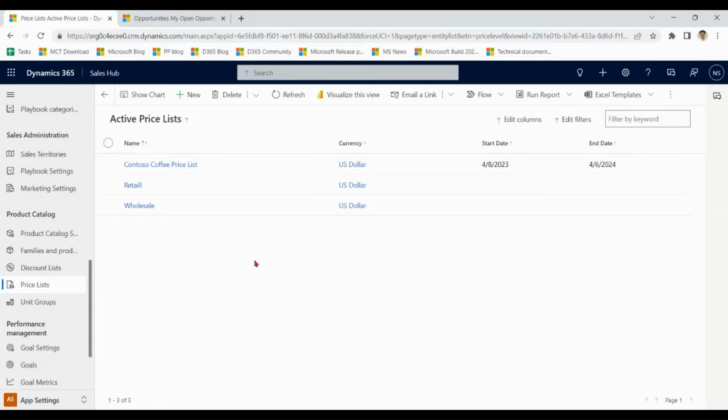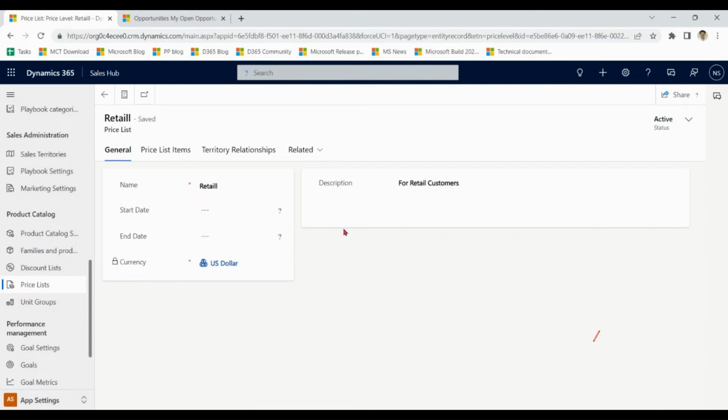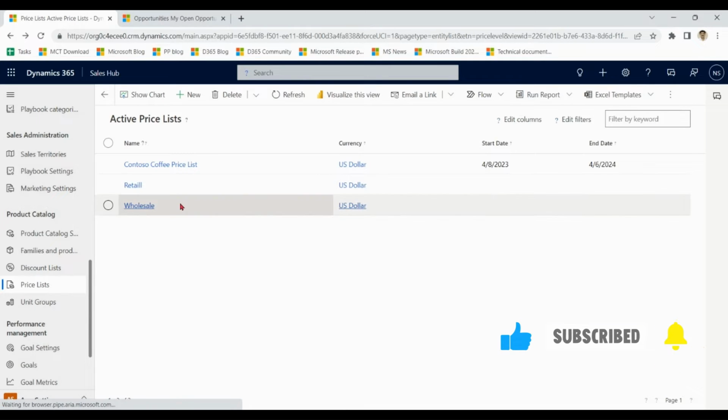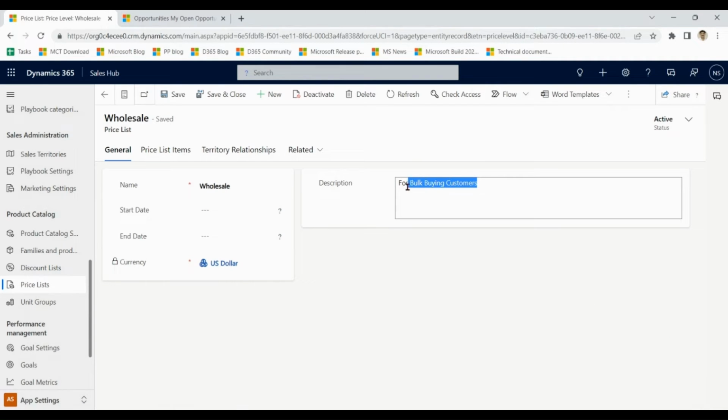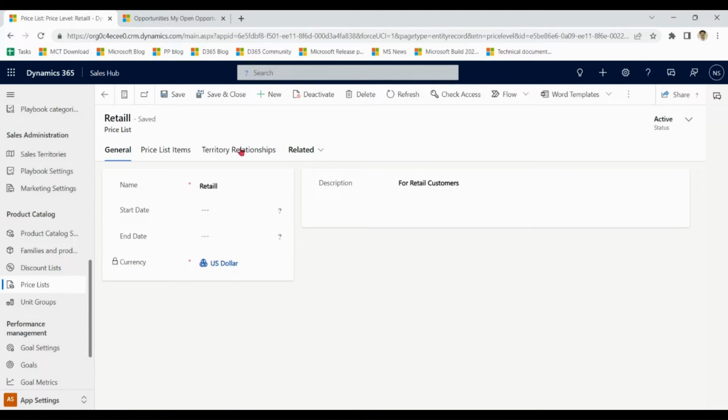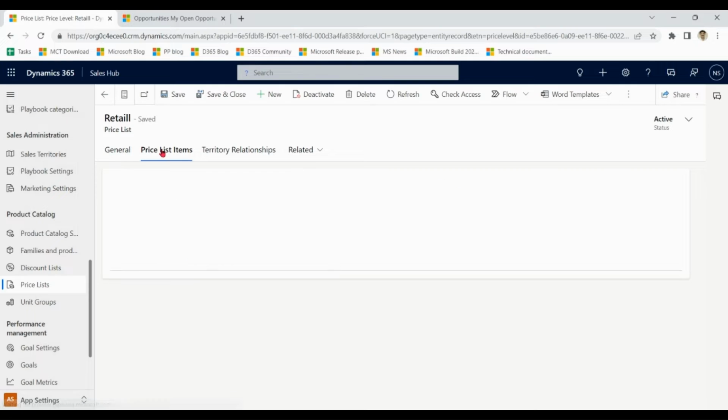For example, we have defined retail for retail customers, wholesale for bulk buying customers. So you notice that we have multiple price lists for each currency. Let's go to retail. Under price list items,